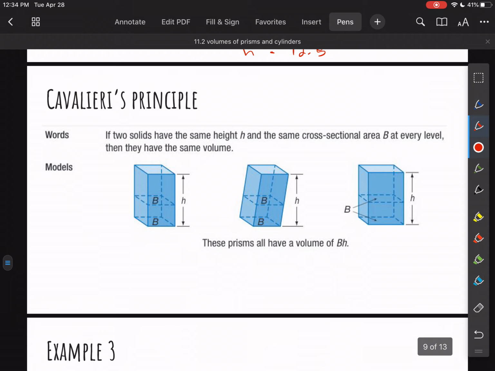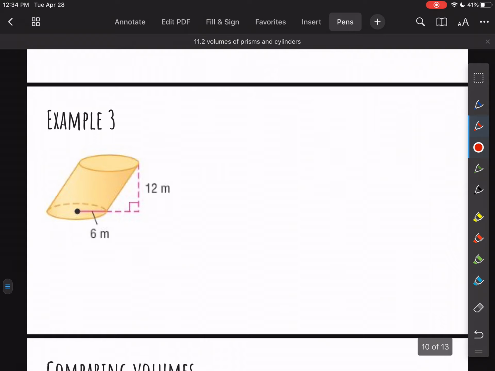Cavalieri's principle. Hey, this just says that if something is oblique, the same rule applies. So it says if two solids have the same height and the same cross-sectional area at every level, right, then they have the same volume. So if this thing just shifts, so that it's more oblique and not at a right angle here, it still has the exact same volume as if it didn't shift. So example 3 kind of shows that, right? So for example 3,